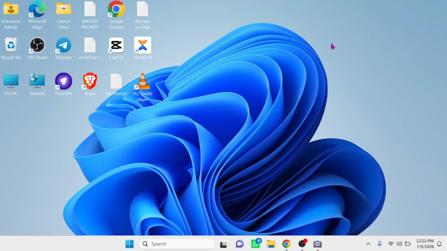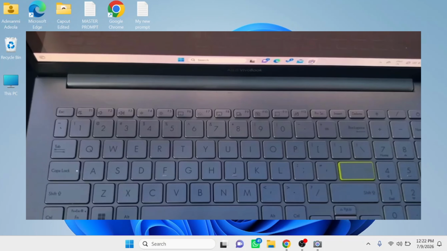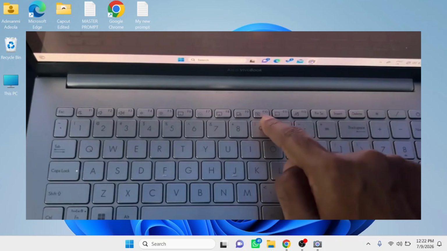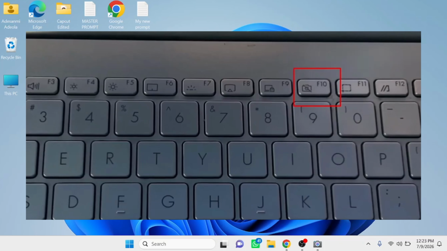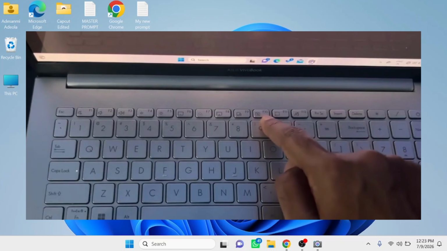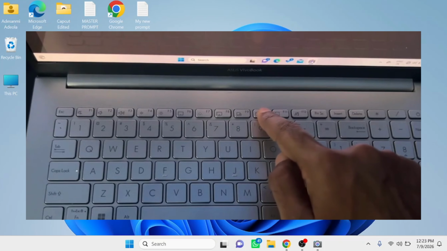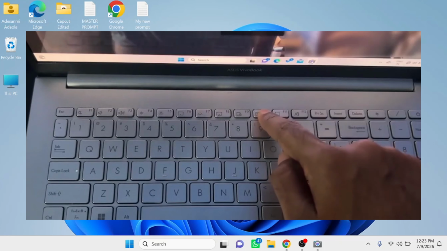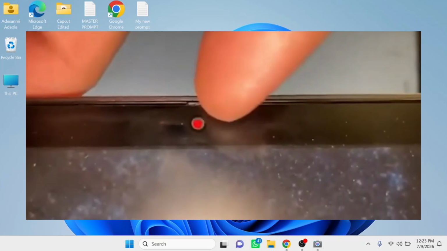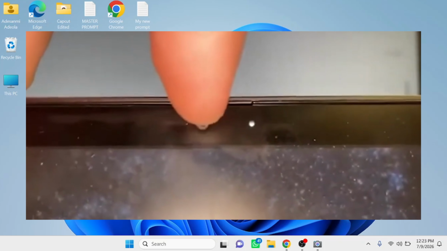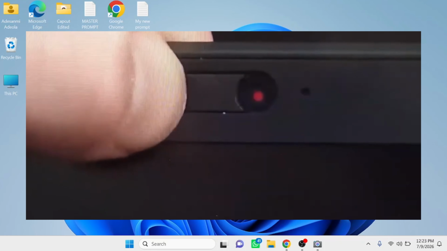The first thing you have to do is to check the keyboard on your device to see if there is any key that controls the camera, such as F keys or a combination of keys that activates the camera on your device. If there is, make sure the key is turned on, and tap on the key so that the camera will work. At the same time, look at the camera frame. If there is any slide that prevents the camera from working, make sure you turn on that slide so that